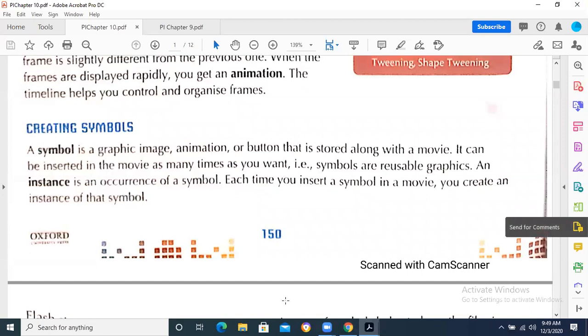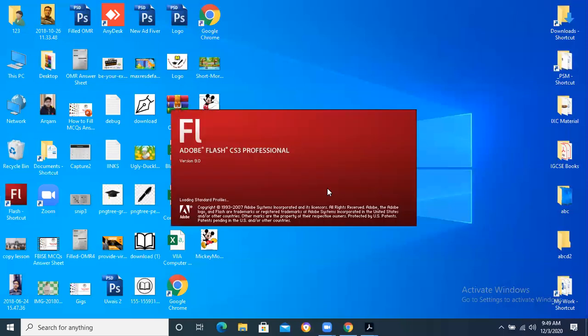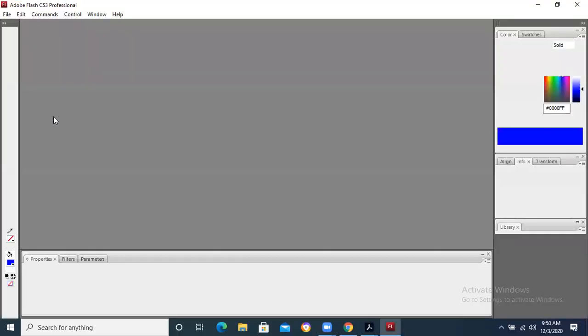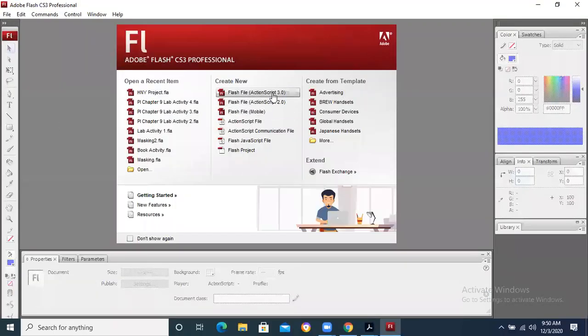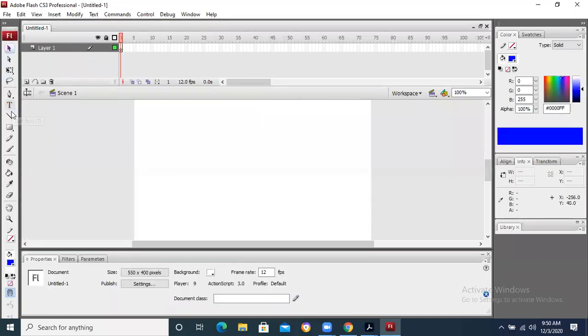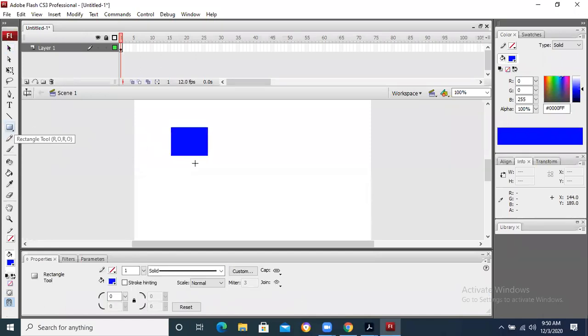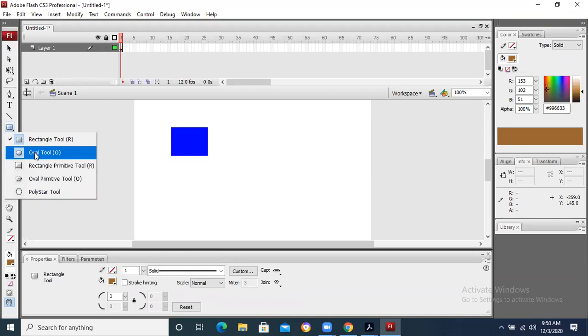If you remember what we had done, but for this I have to go again to the flash. Just like I said, if you are drawing a tree or something like that, whatever you have drawn, how are you going to join them together? Just like this is a rectangle, and I take some other object. This is an oval.